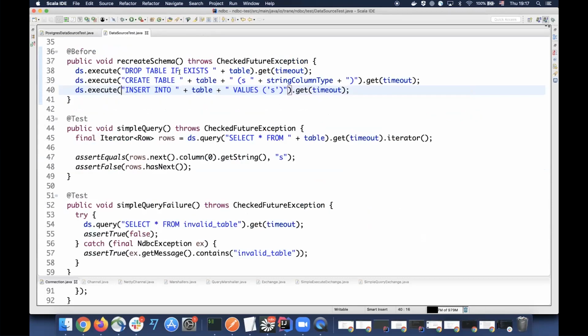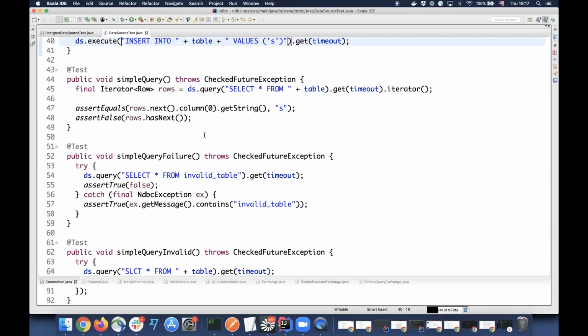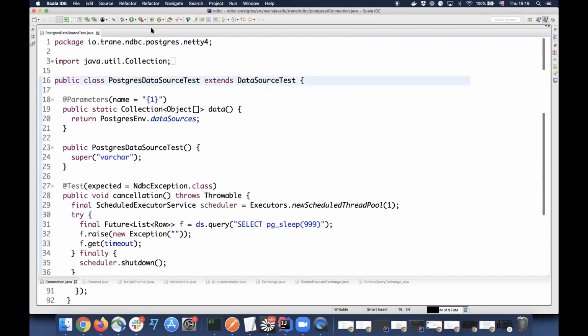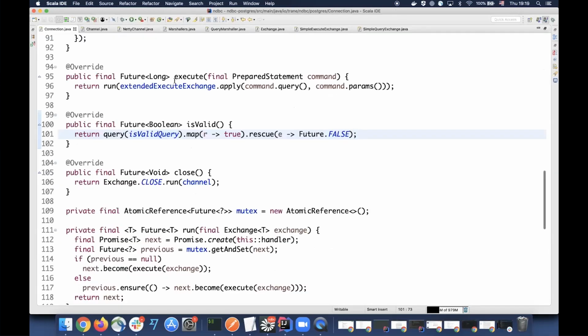This is one of the examples I have. So that's how you use it. You have a data source here, and then you say query that, and the get timeout is the one that defines how long your code has to actually execute that to bring you a result. Otherwise, timeout. Like futures work, right? So okay, we have the data source test. Doesn't matter anymore. More code, yay!